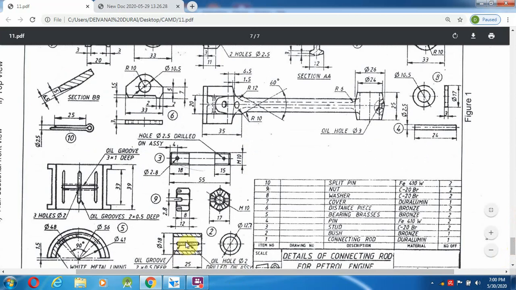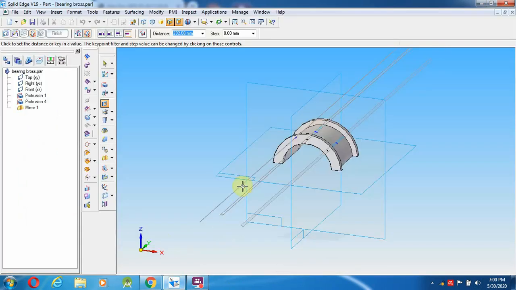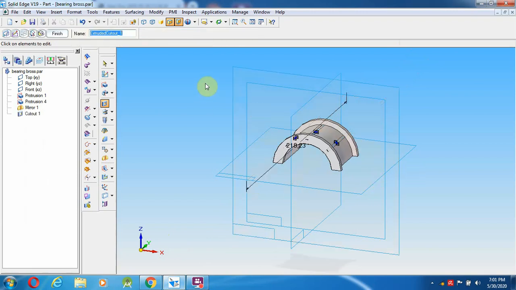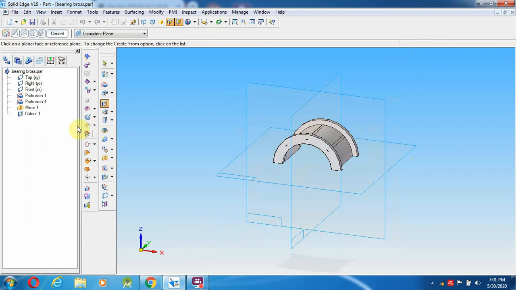So in the bearing bush, same thing you can select 20 mm over here. Okay, so going to give 20 mm distance, so it will be coming more.